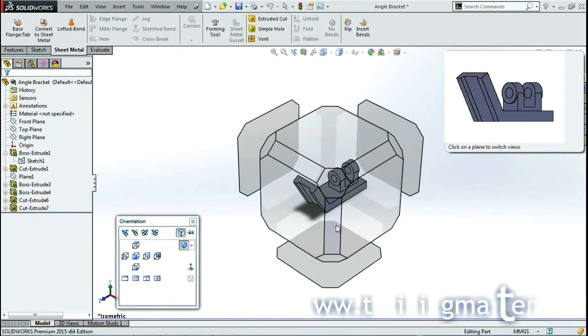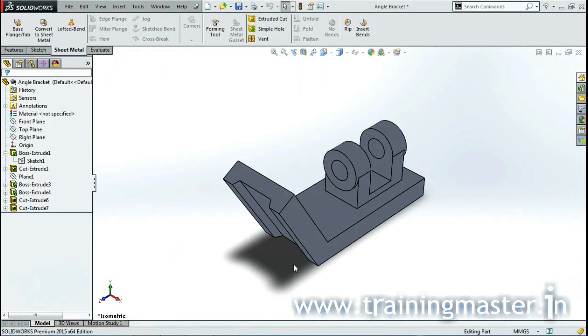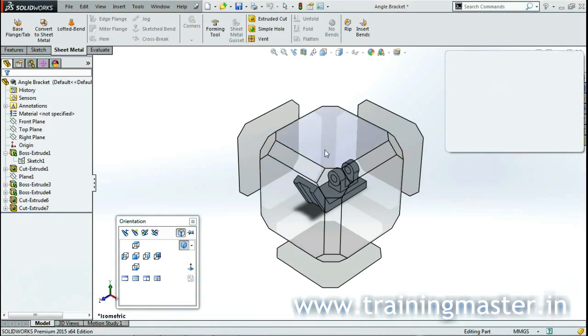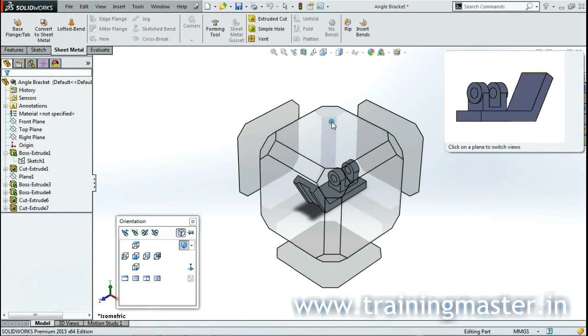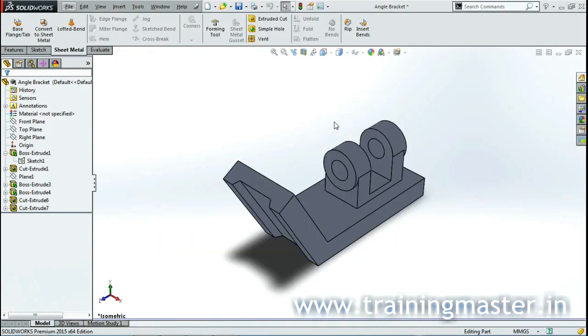Now notice we can also select the edges, but if you look closely, there are a couple of edges and corners we can't get to. For example, this back edge here and this back corner. So how do we get to those? We simply hold down the Alt key. You can see it is highlighting the back edge. So this view cube is very handy. I think you're going to find this very easy to use and a quick way to move the view around the screen to give you different perspectives.